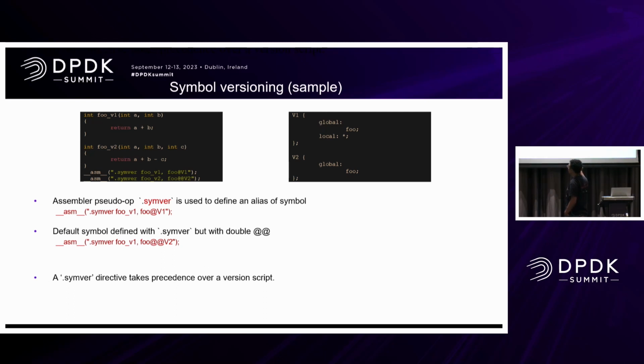This assembly pseudo-op is the way to provide it. This is doing all the magic. It just says my for_v1 is now API for with the version tag v1, and for_v2 is API for again, but this time version v2. And in this example, it is selected as the default one. Again, you can select whichever will be the default one.